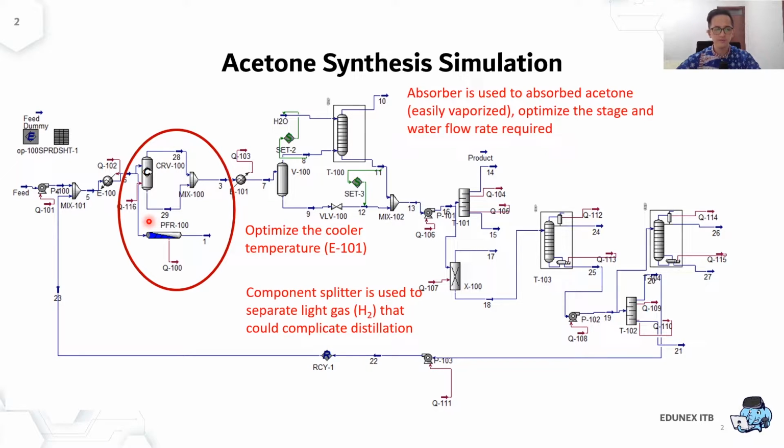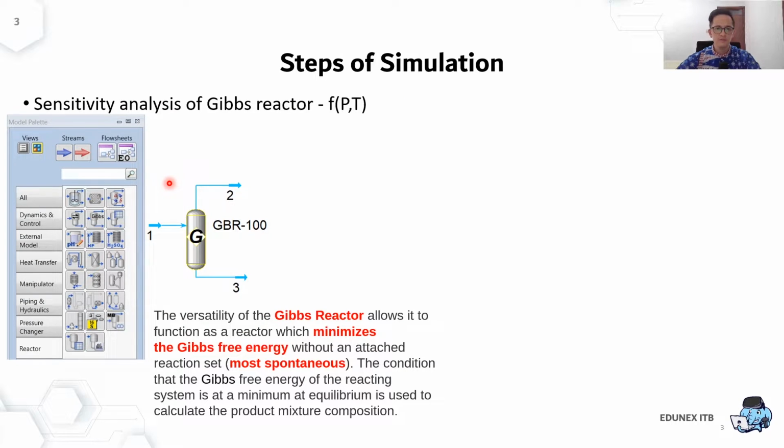We already have something in mind from the previous video: the pressure has to be low, and the temperature will be advantageous if it's operated at high temperature. Now we will understand the sensitivity when we vary the temperature and the pressure of this reactor system. The steps of the simulation: we will have a sensitivity analysis using a Gibbs reactor as a function of pressure and temperature of the reactor. So we will not use the conversion reactor or even the PFR directly in this simulation. We will change it later, probably in the next video. Now we just want to focus on the Gibbs reactor.